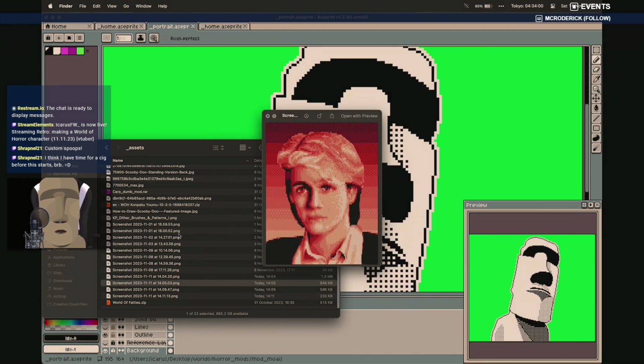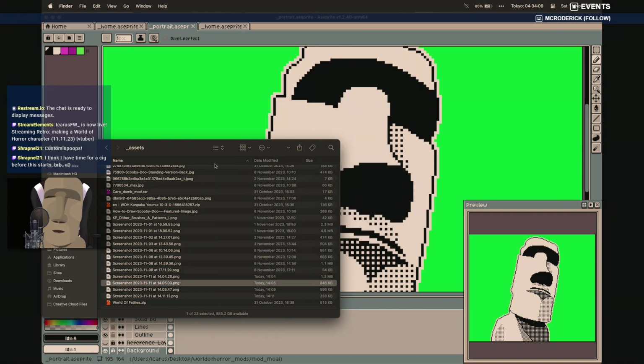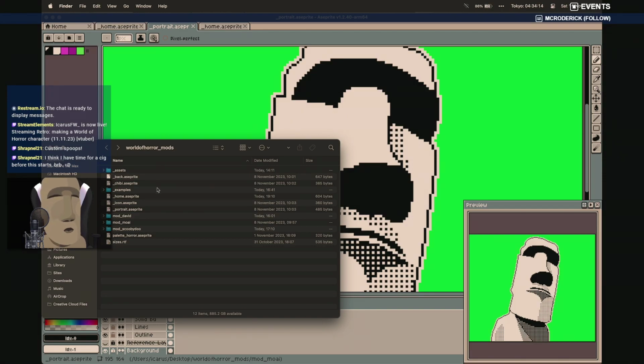We'll probably start with the portrait because that's going to be the most tricky bit, especially trying to get the shape of the face correct. We'll see what happens though. But yeah, it's not too difficult making a sprite